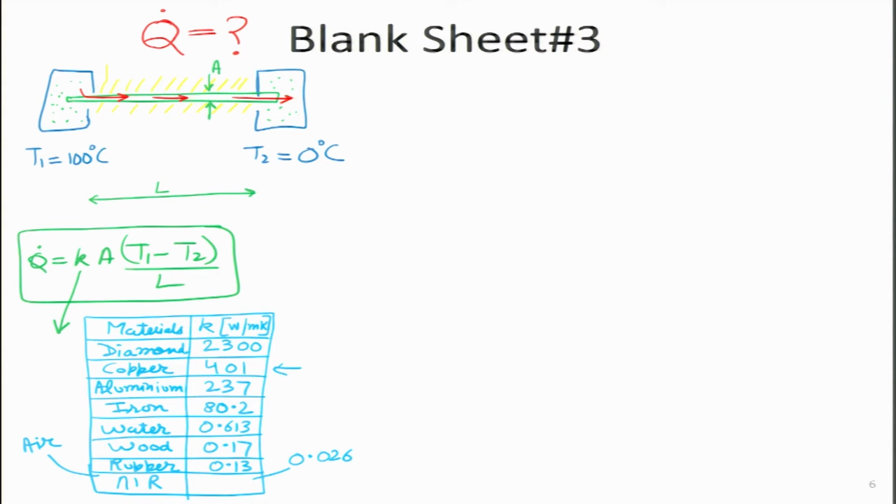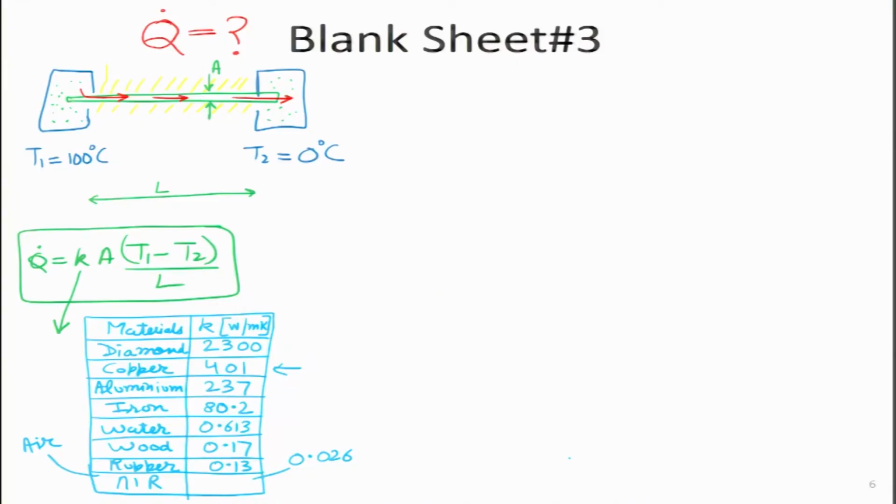So, as we can see, we start off with very high values around 2000, and then we can go to very low values of thermal conductivity, which directly gives us an idea that in our case, if we try to put rods of different materials, whether it is made hypothetically of diamond or copper or iron or even some insulator like wood or rubber, we can drastically alter the rate at which heat transfer will take place across it. As a matter of fact, if we put vacuum across this over here and we neglect the radiative heat transfer, we can even make the whole thing insulated in such a way that no heat flow takes place across this.